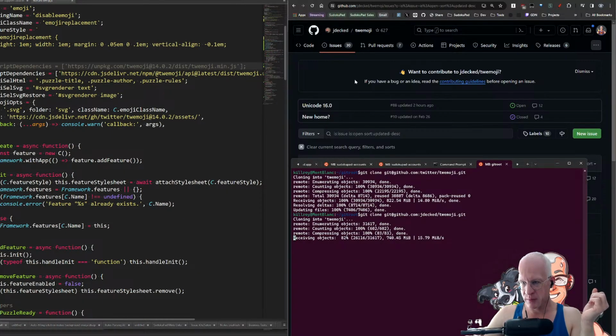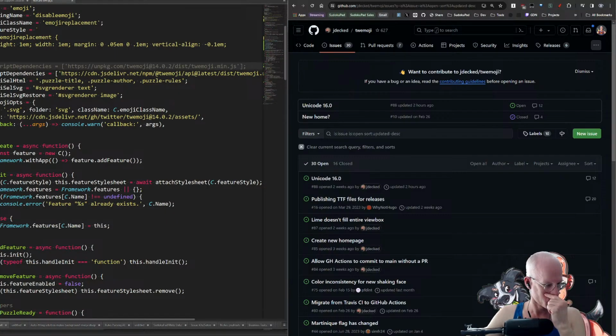Alright, 700 megabytes. Another gigabyte of images. Alright,